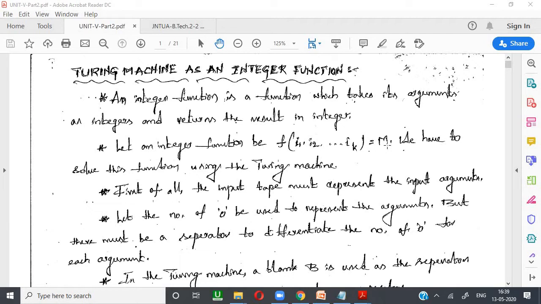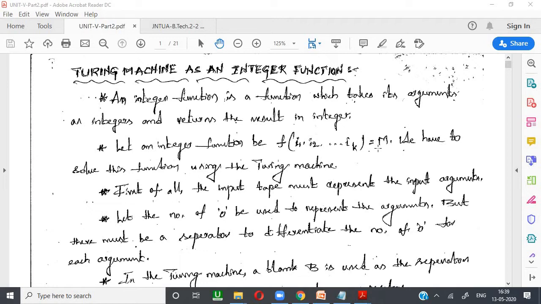We need to solve this function for the given Turing machine. Then we call it a Turing machine as an integer function. So we have one function, and with the help of this function, we need to construct a machine. How are we going to construct a machine to work with integer values?